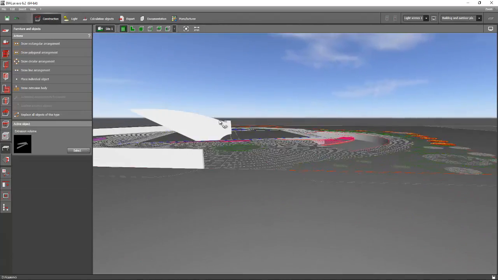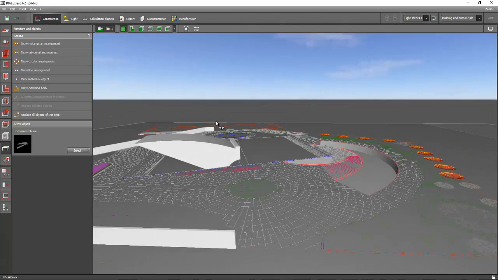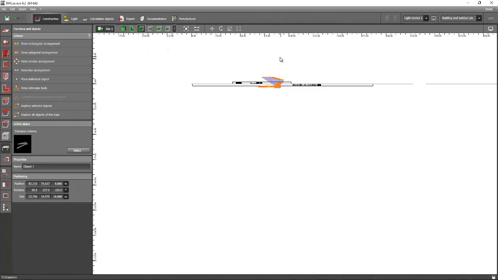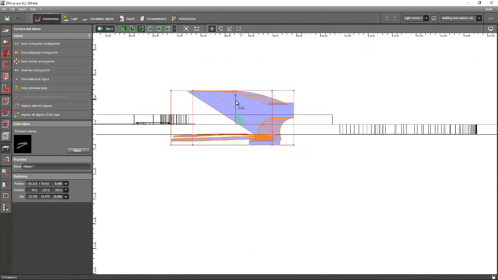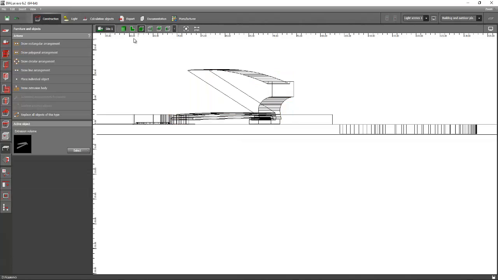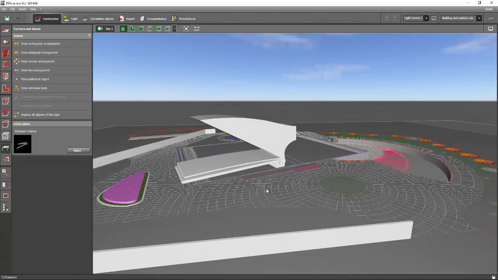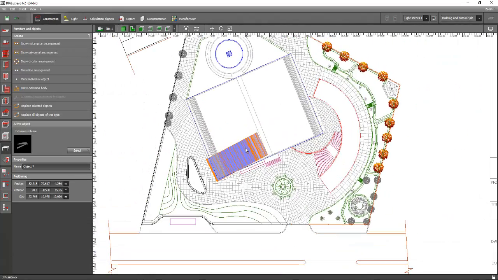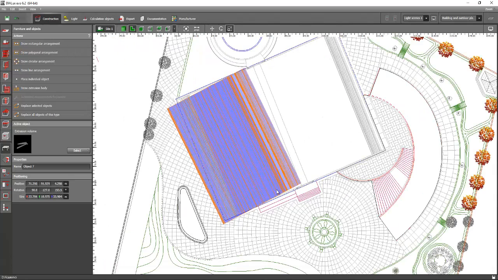So for example, this is the correct orientation, so it will look like this. Go back to your elevation view and make sure it is on the top of your soil, on the ground. After that, go to the plan view and scale it up to the other side where you can extend your building.